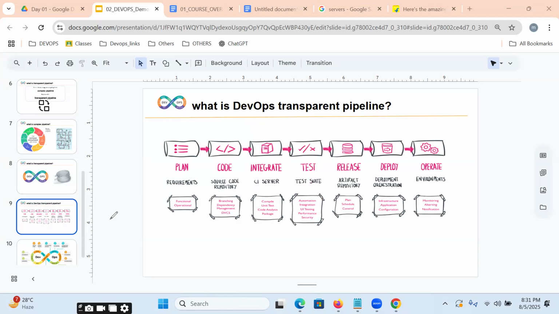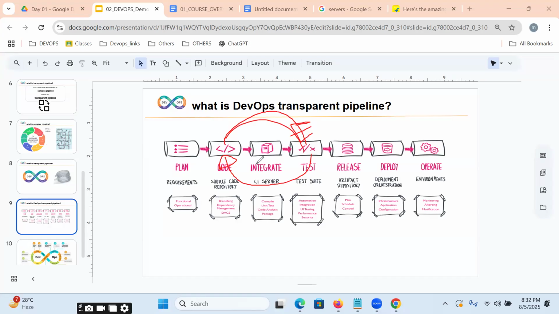Once they are written by testers, we just integrate and execute. Once executed, if we get an error, it is redirected back to the developer automatically. Once it is redirected back to the developer, we integrate and execute again.